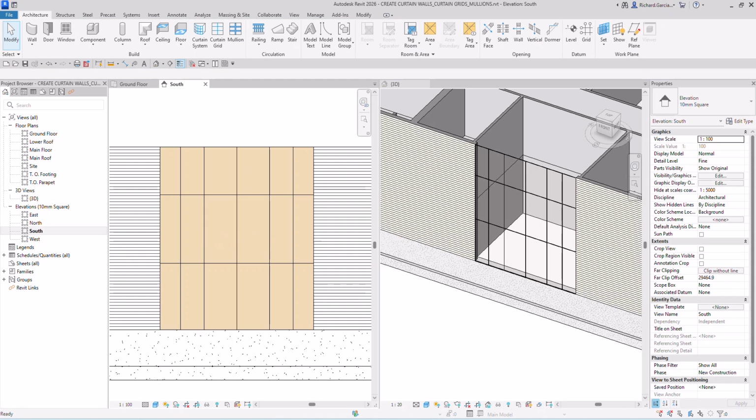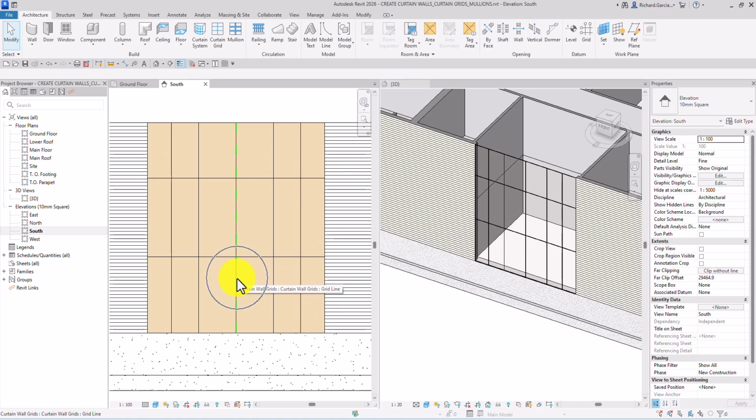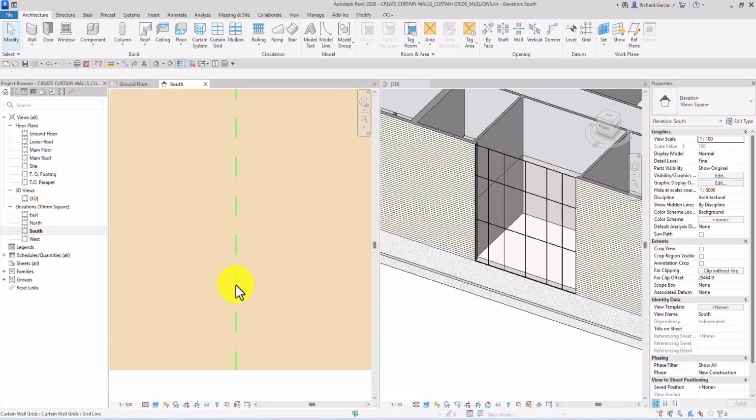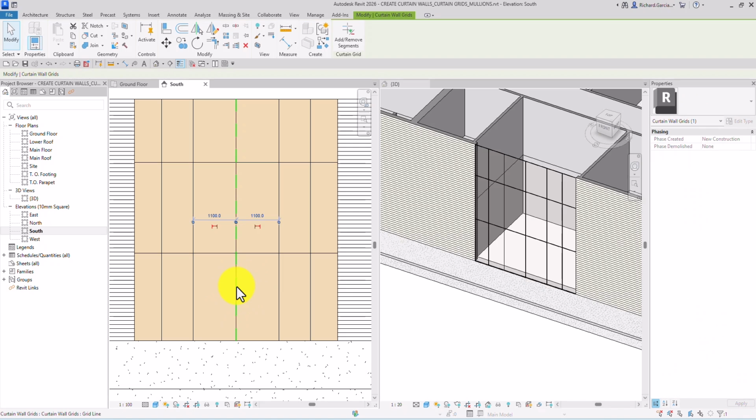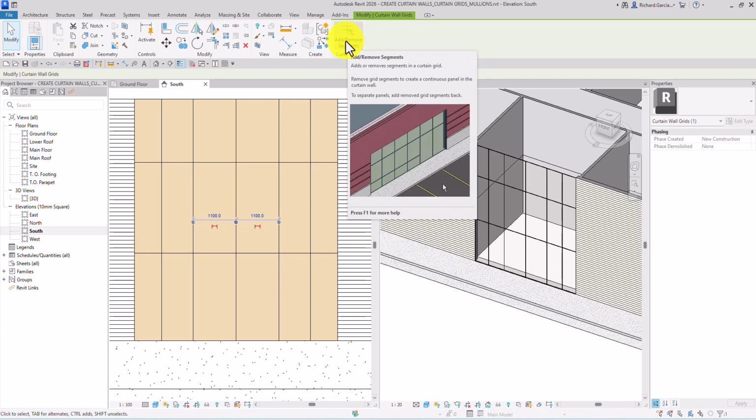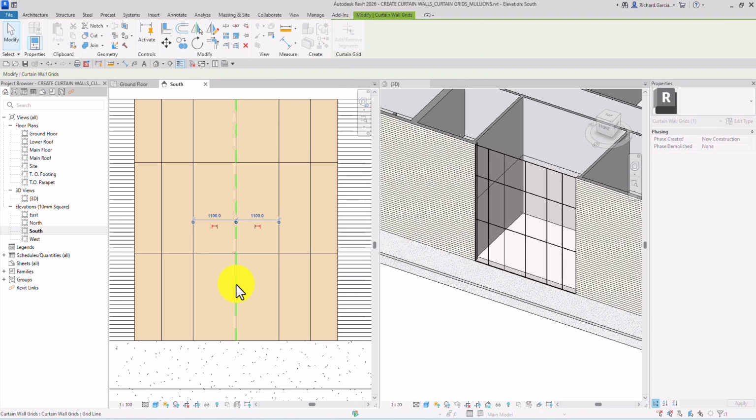Okay, so what I want to do is edit my curtain grid here. I only want this one. This curtain grid here, I don't like it because later on I'm going to add a door here. So I need to remove this part of my curtain grid. I'm going to select that curtain grid, and then after you select, there is this tool, add, remove segment. So I'm going to select this, and then I'm going to select this curtain grid,